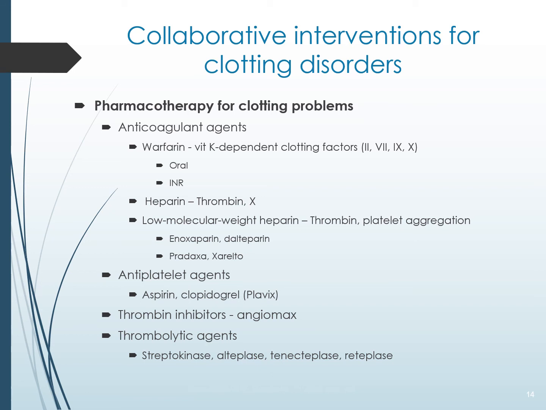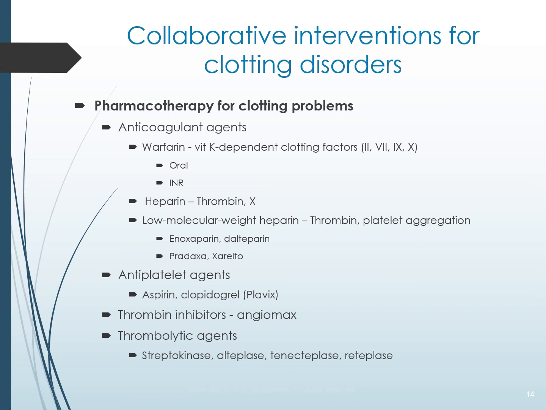Antiplatelets. Agents such as aspirin or clopidogrel, which is Plavix, act as antiplatelets by preventing platelet aggregation. Direct thrombin inhibitors. These synthetic agents act as anticoagulants by directly inhibiting thrombin. An example of a drug in this category is bivalirudin, which is called Angiomax,